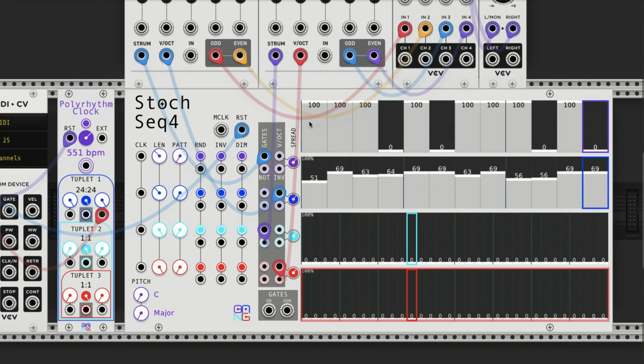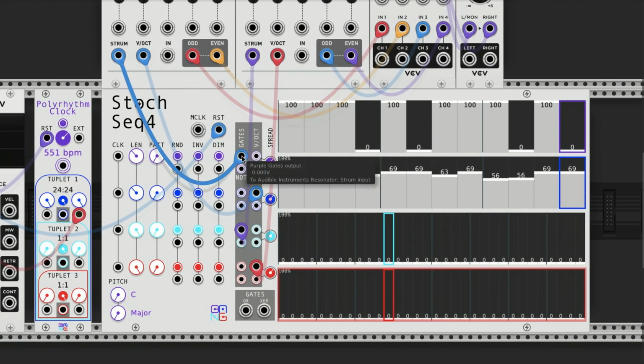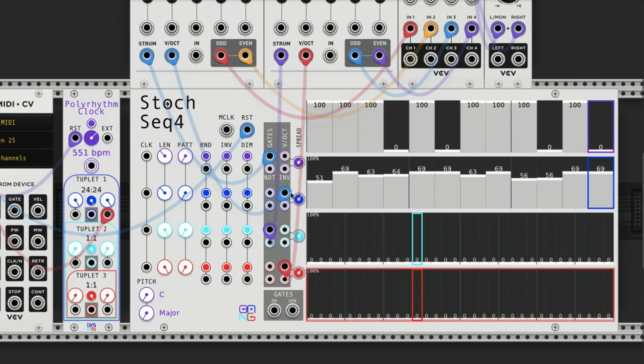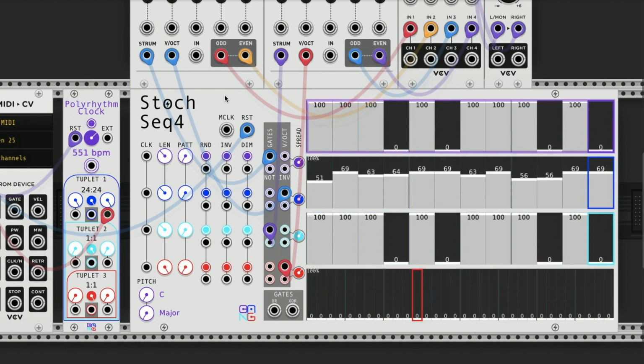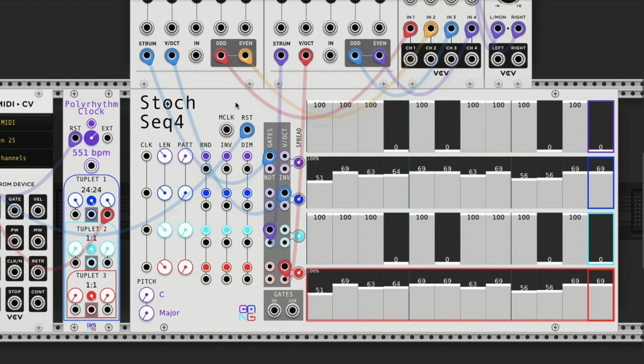The top row is the rhythm, so I have the gates plugged into the strum, and the second row here is the pitch, so I have that going into volts per octave. And I want to duplicate that for this other instrument, so I'm going to also use the keyboard shortcuts here. Just copy that, paste it there. I'm going to copy this one, paste it there,